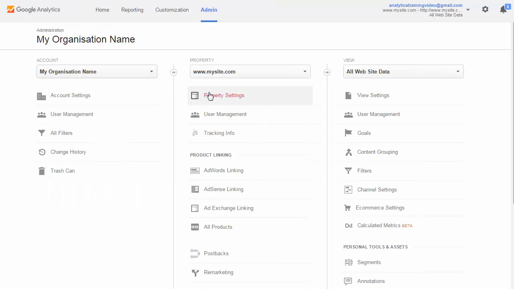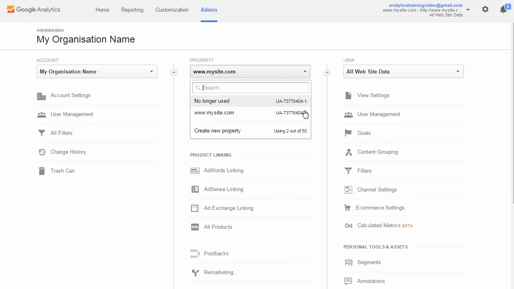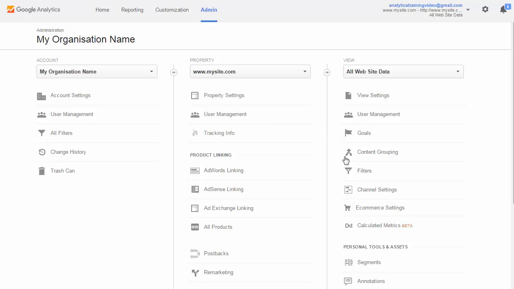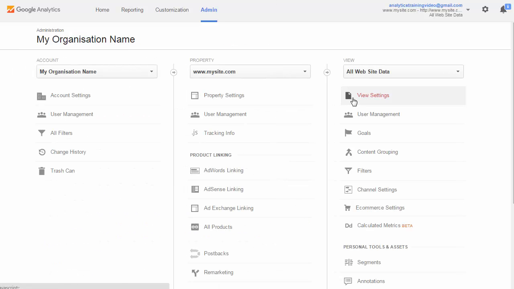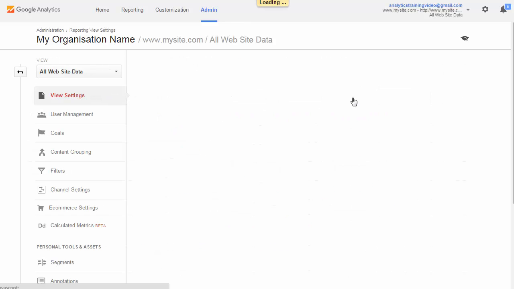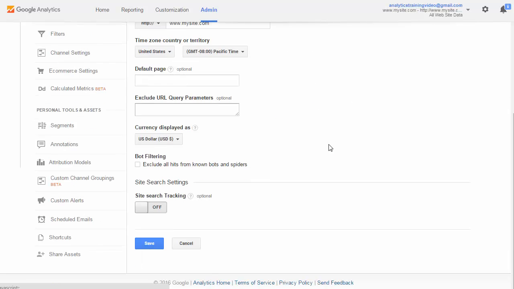So we've now changed our property ID, and we've also changed the filter. So that's two really easy steps, changing it to use -2 and adding that particular filter for the host name. That is guaranteed to cut down some of that spam traffic. Now, of course, with spammers, you're never going to be 100% foolproof, but these are two steps that are so easy to make. Another one is if you go into the view settings, there's actually an option down the bottom